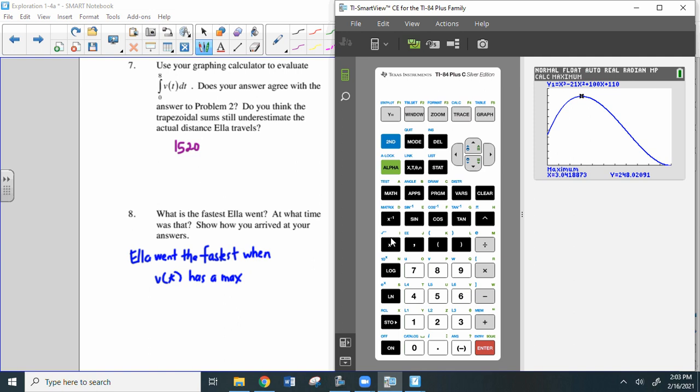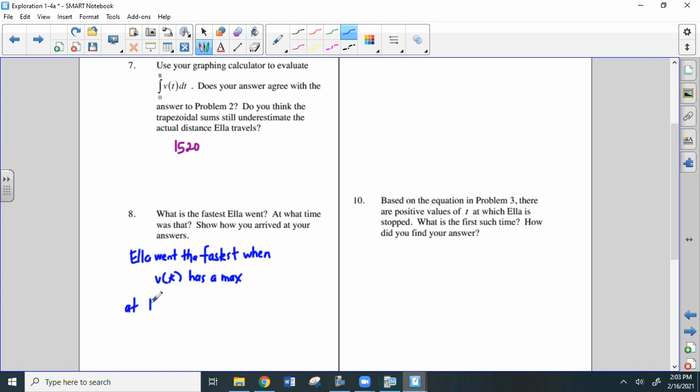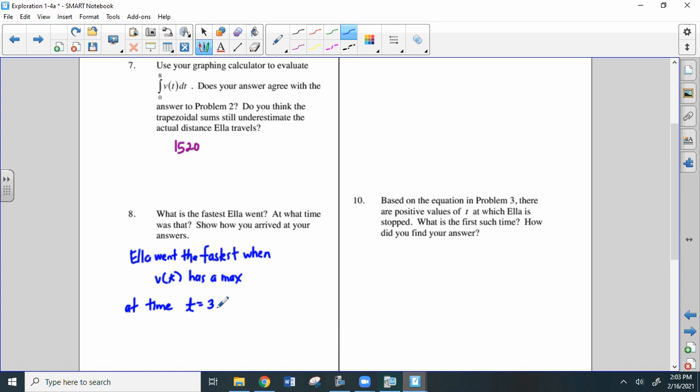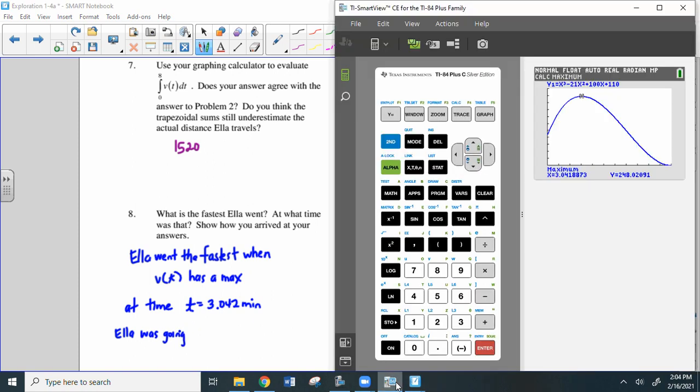That's the x value. Okay, so Ella went the fastest when v of t has a max, and that happens at time t equals, let me pull my calculator back up, 3.042, we can round that, at time equals 3.042 minutes, all right? But the question is, what is the fastest Ella was going, right? And that's where we're going to look at the y value,